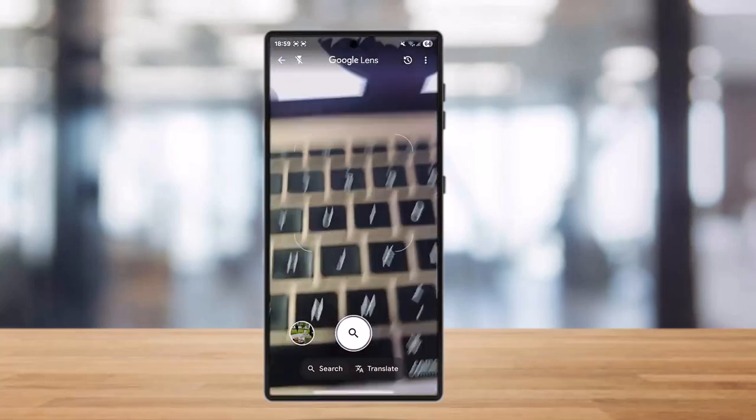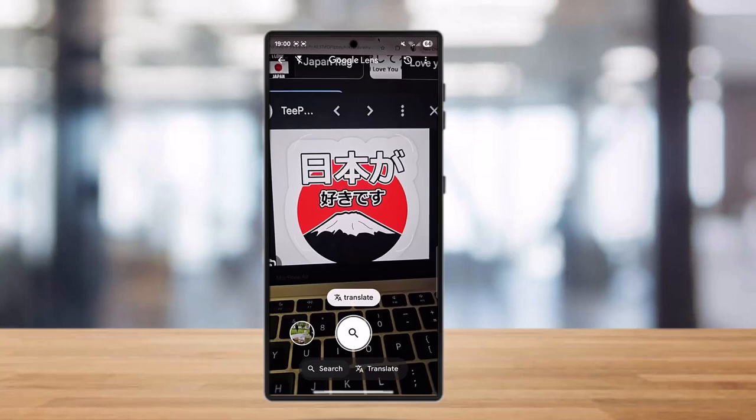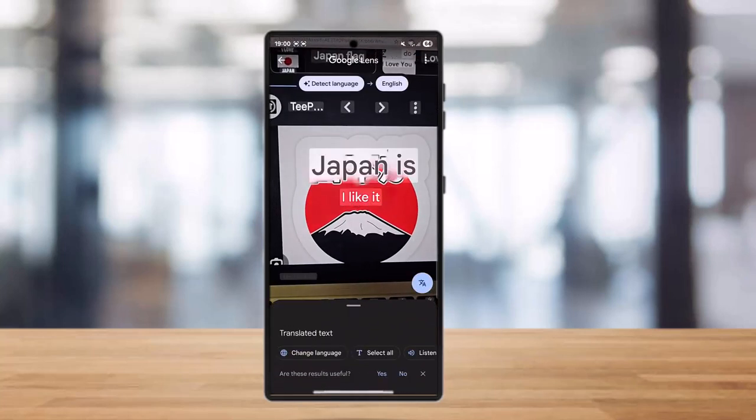Once you have done this, you need to show your camera to the text you want to translate, and you can find the translate button right on your screen. Simply tap on the translate button and you can see that the detected text is now translated to the preferred